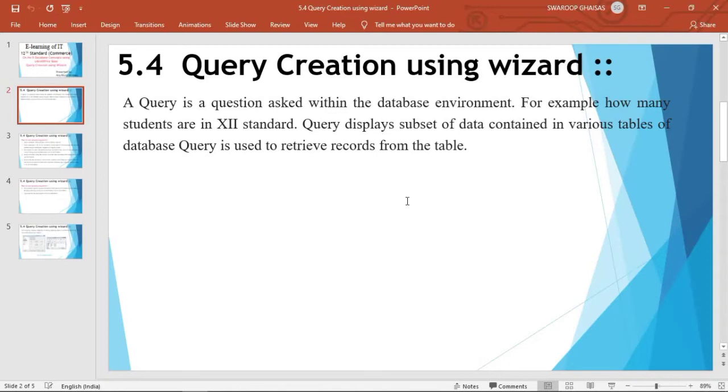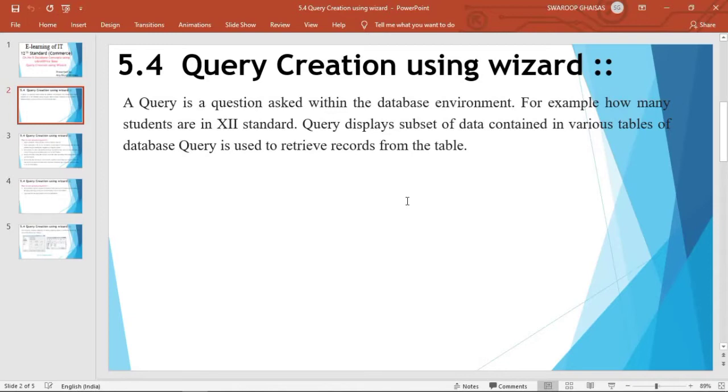A query has a certain syntax, and we write a query to get the desired records from different tables. A query displays a subset of data contained in various tables of the database, and it is used to retrieve records from the table. Not all data, but we will get filtered data using a query.